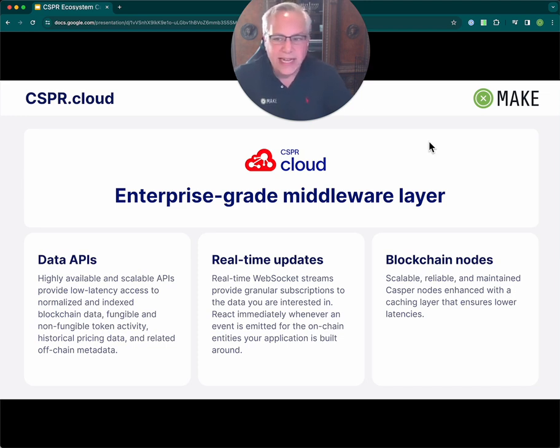Very excitingly, it has real-time WebSocket streams that let you subscribe and immediately respond to changes in entities around which your application is built. For example, you can granularly subscribe specifically to events emitted by your smart contracts in real time whenever there is activity. And finally, it provides access to a Casper Node API, which is enhanced with a caching layer, which ensures lower